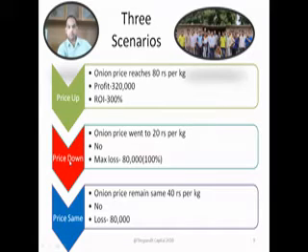And in the second scenario, the price goes down. The onion price went to 20 rupees per kg. In that case, this buyer will not exercise his contract, and he will just say, okay, I don't take the quantity. I gave the 80,000. That's my maximum loss, but I'm not taking this from you. So the seller will also say, okay, 20 rupees. I got 80,000. I'm happy. Still, I'm maintaining a 15 rupees profit.